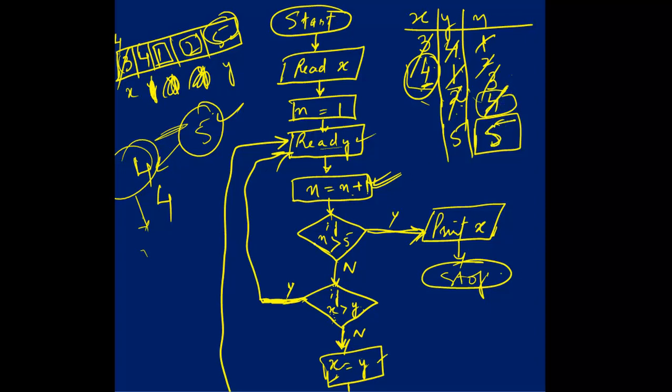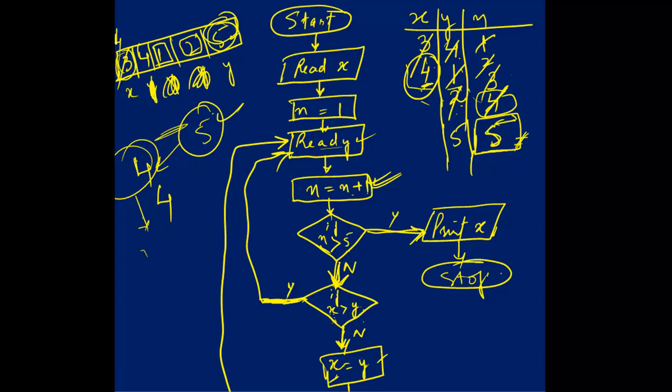Now I am checking if n is greater than 5, but it is not greater this time, because I have changed it. Earlier it was equal to. I have changed the equal to condition so that I should move forward. But I have written here if n is greater than 5, but it is equal to 5 this time. So again it will move towards the no part. When it moves towards the no part, it will compare x with y.